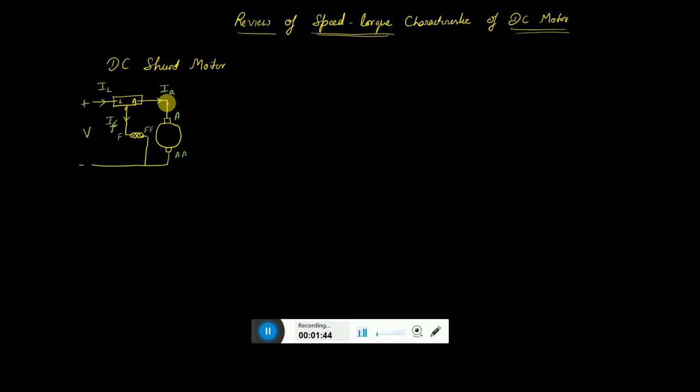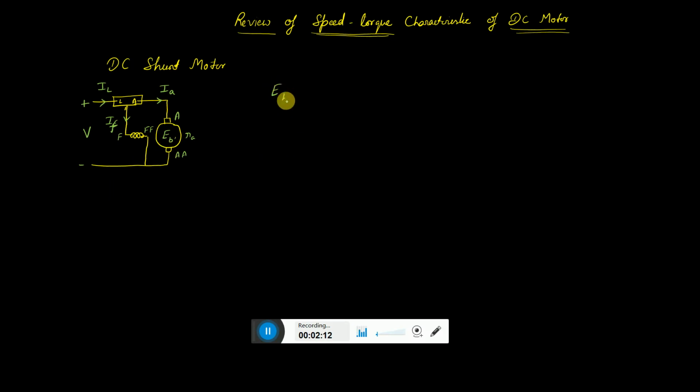The vital thing to remember is the IA and IF. And with the help of the starter, which helps to limit the starting current, further in the steady state, you have a back EMF developed over here. And this armature has a resistance of Ra. So this back EMF, EB,